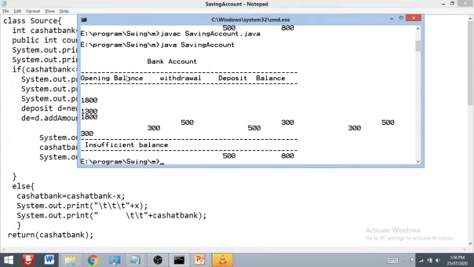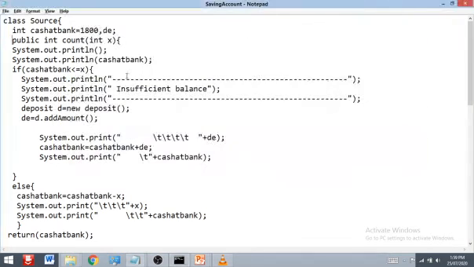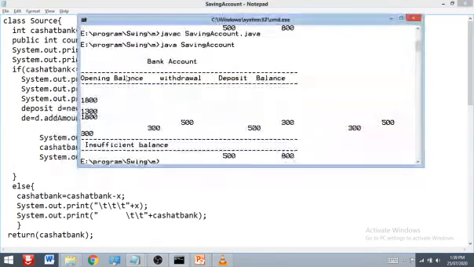So here, how much money you withdraw, who is going to withdraw, there is much inconsistency in the data.